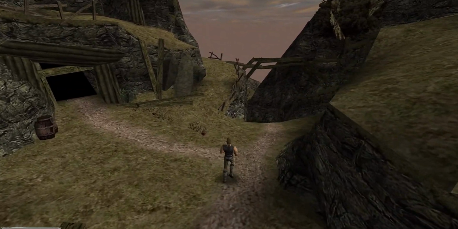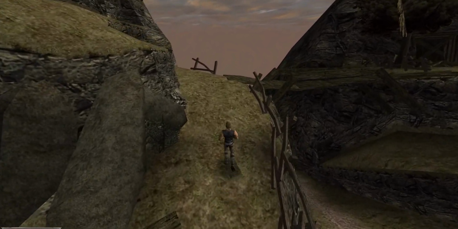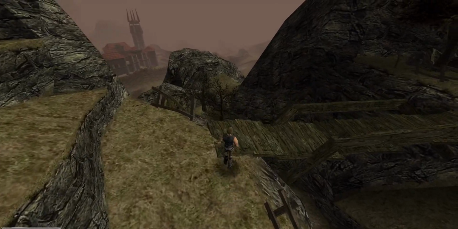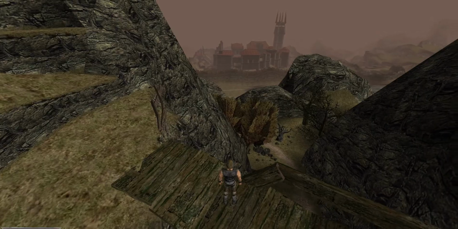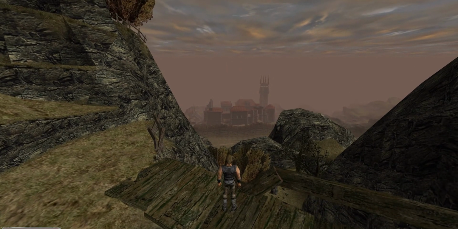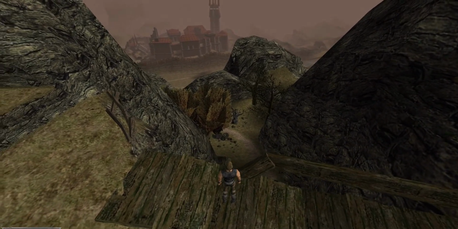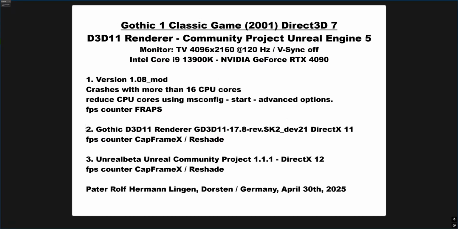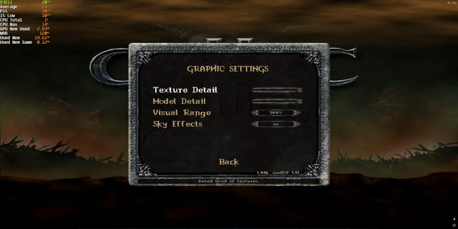When Gothic 1 came out in 2001, it was a bit famous for its view distance, which was very impressive at that time, and I think it's still today in 2025 quite impressive. This 1.08 mod already supports higher resolution and widescreen, but now the